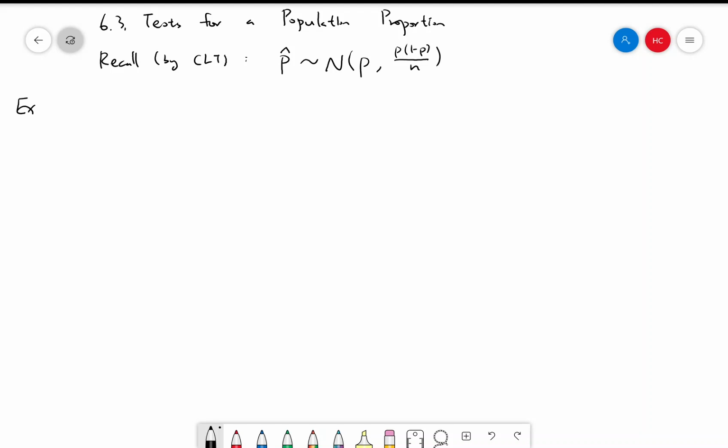So let's do a simple example. Let's toss an unknown coin 100 times. And then among the 100 tosses, 40 of them are heads, which implies 60 are tails. So that's a little off because if it's fair, then we should have 50 heads and 50 tails, but we only have 40 heads and 60 tails. So our guess is that the coin is not fair,